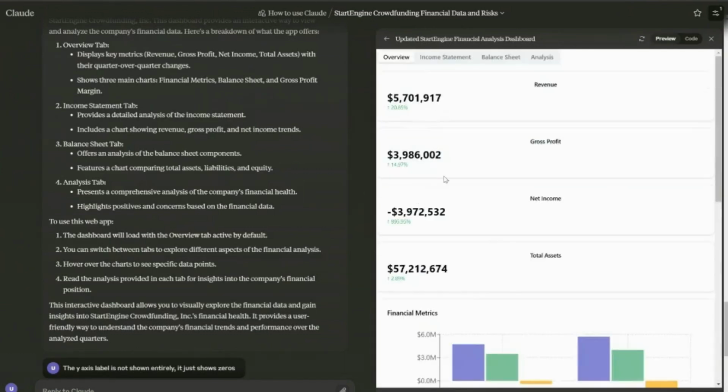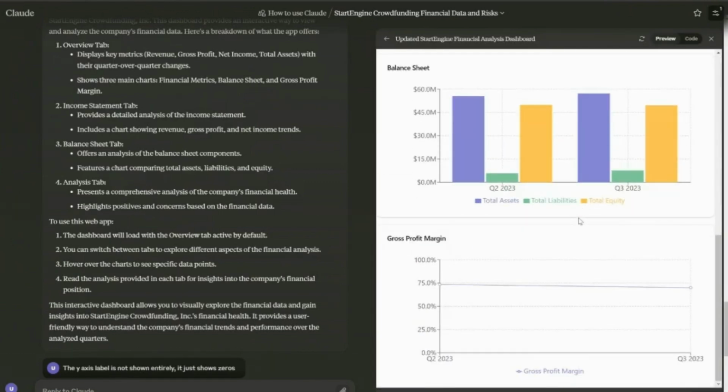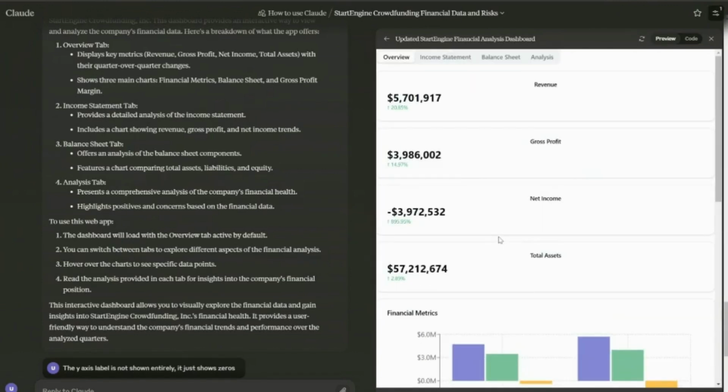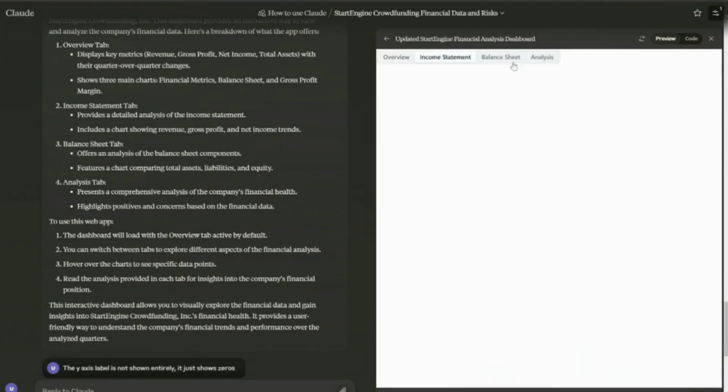So just like that, we went from a messy unstructured PDF to insight, pretty much. And we did this in less than 5 minutes. This is really the power of it. This is going to change a lot of things. You don't need an analyst to do this. All you have to do is extract information accurately using Kudra, and then leverage these LLMs to extract insights from them. So if we click on this tab here, we can see the income statement.